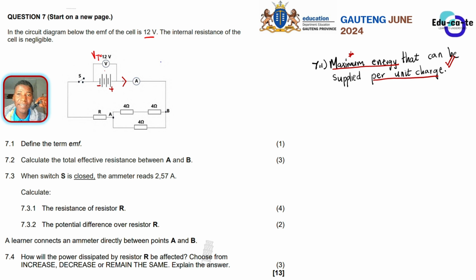So this ammeter, remember, is a tool that is used to measure current. It's just a low resistance tool that is used to measure current. So the current that is measured by this ammeter is the total current. It is measuring the total current of this battery, basically. So the total current will pass through the ammeter, and then it will flow.